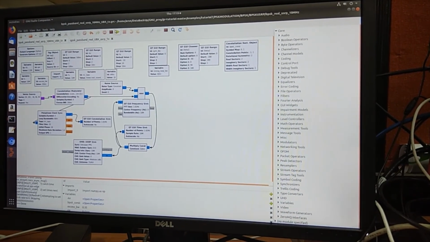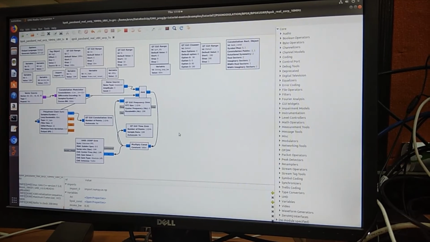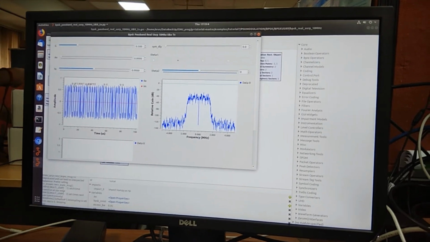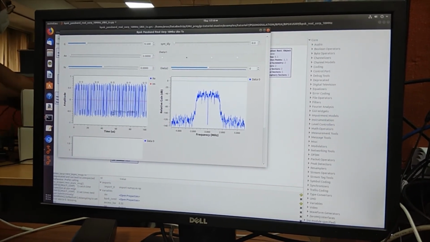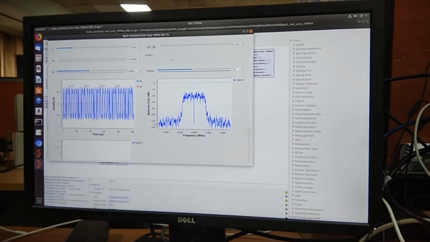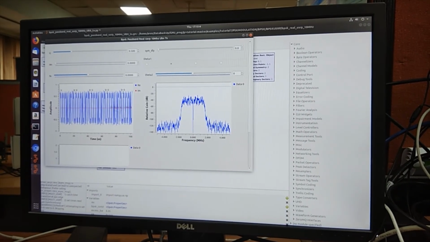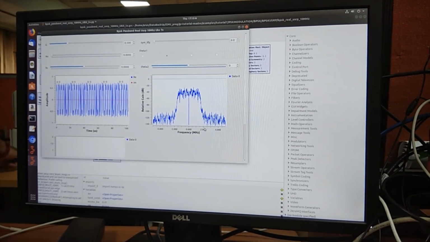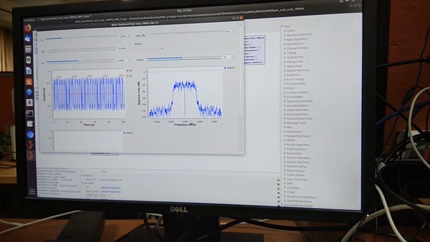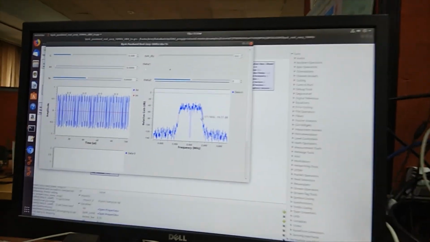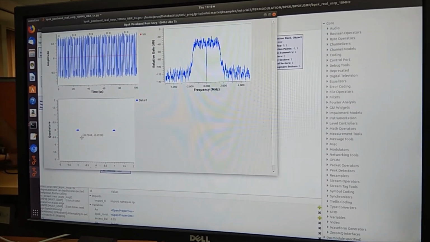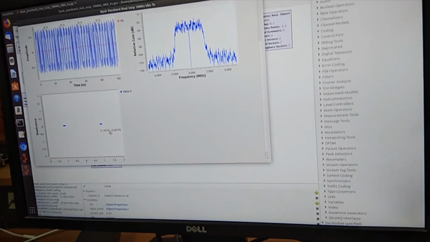So I'll start the simulation. So this is the transmitted waveform of the BPSK signal, and this is before modulation on the carrier, that is in the baseband, and this is the spectrum of the signal. And here it is shown the bandwidth is around 2 megahertz in the baseband, which is roughly equivalent to 1.6 megahertz. And this is the constellation diagram of the BPSK scheme.